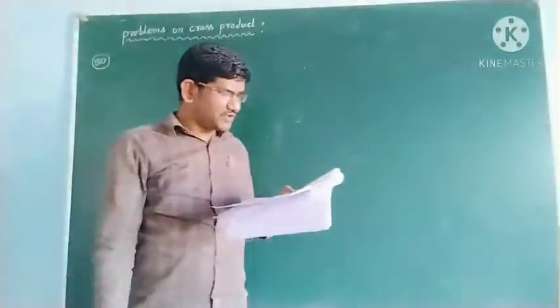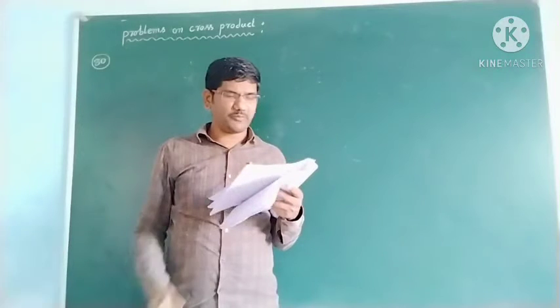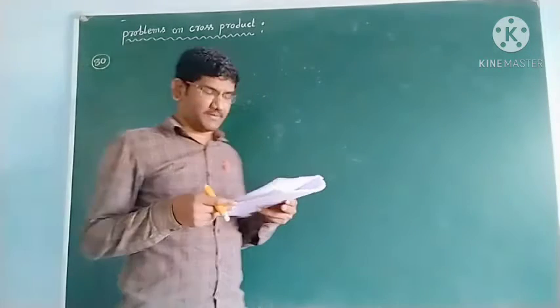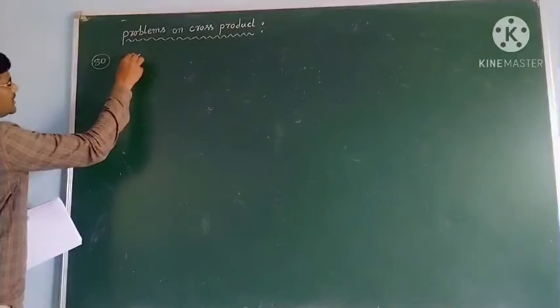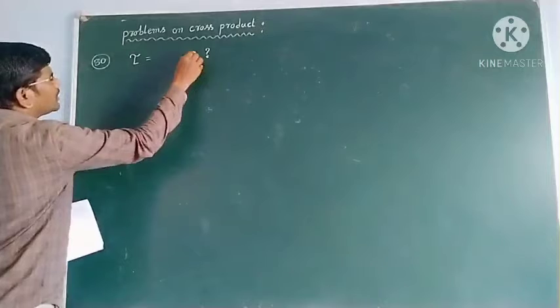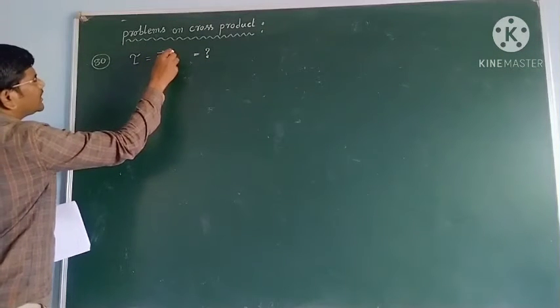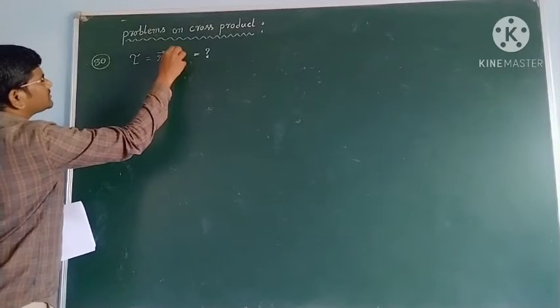Okay, now see students, find the torque of force F bar about a point O. The position vector of the point of application of the force is given. So they are asking to find the torque. So the question mark is torque tau. So what is the torque formula? Torque tau bar equal to r bar cross F bar.